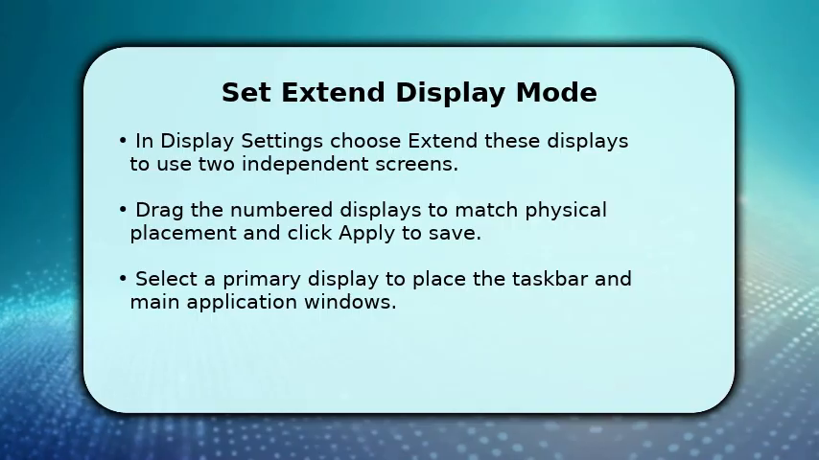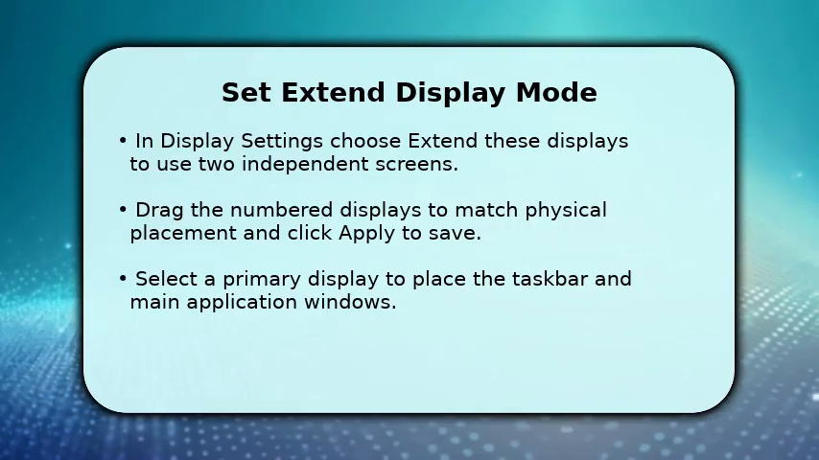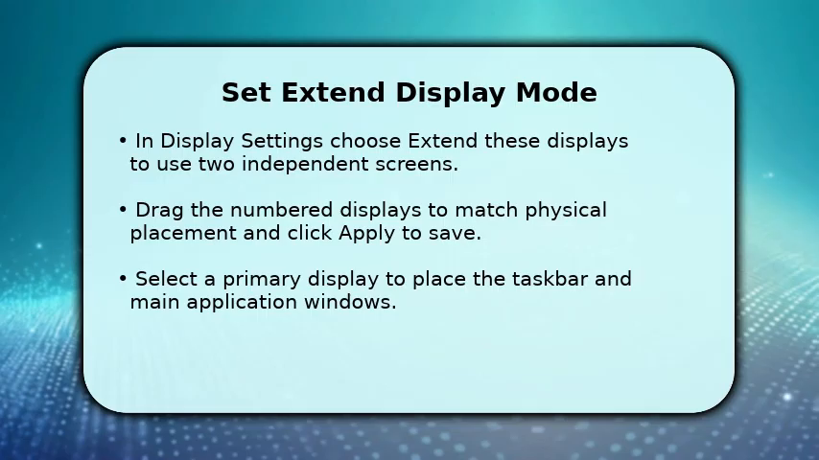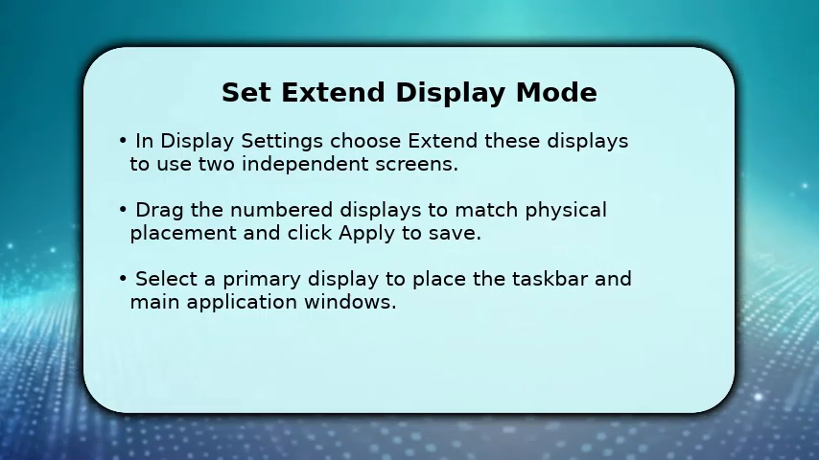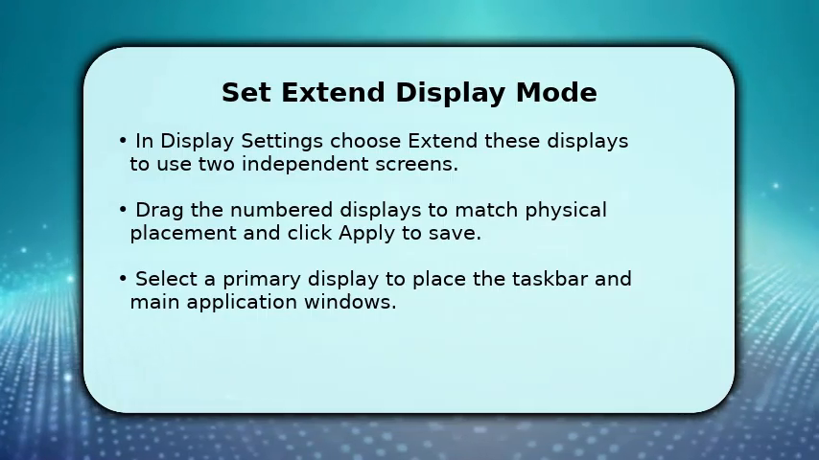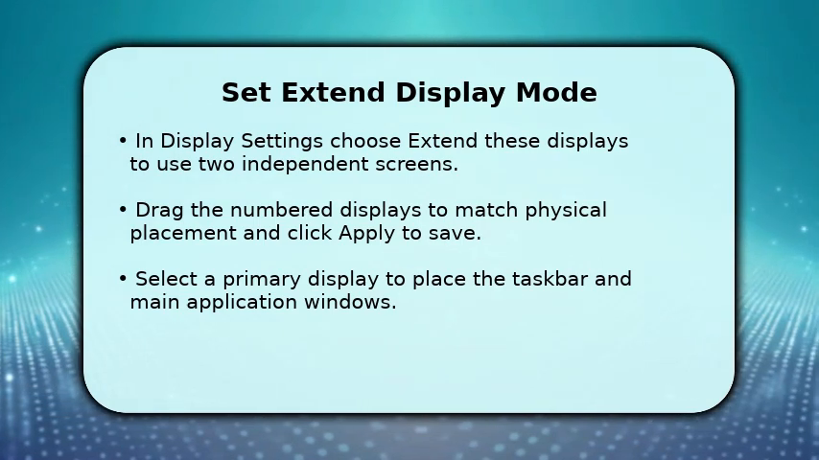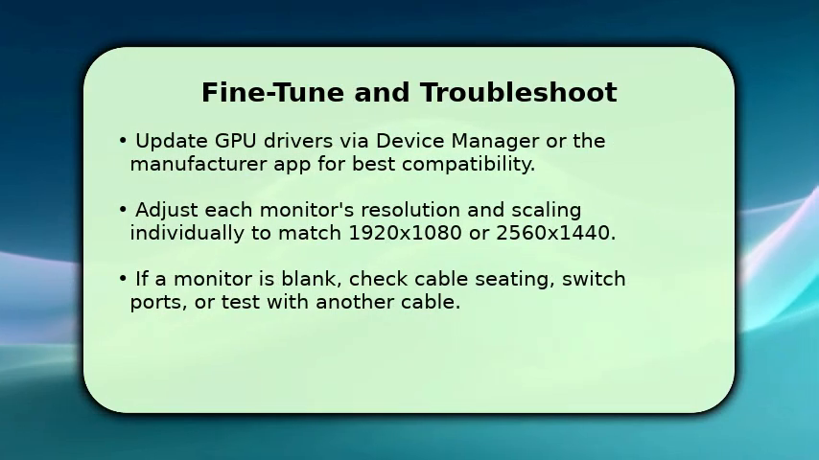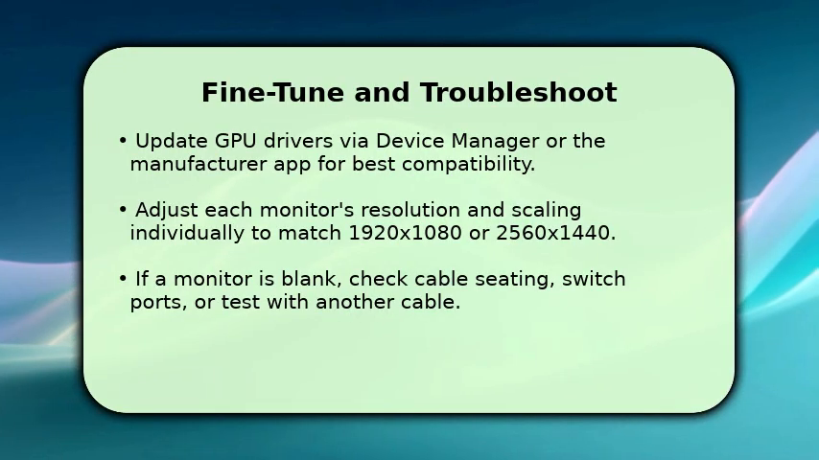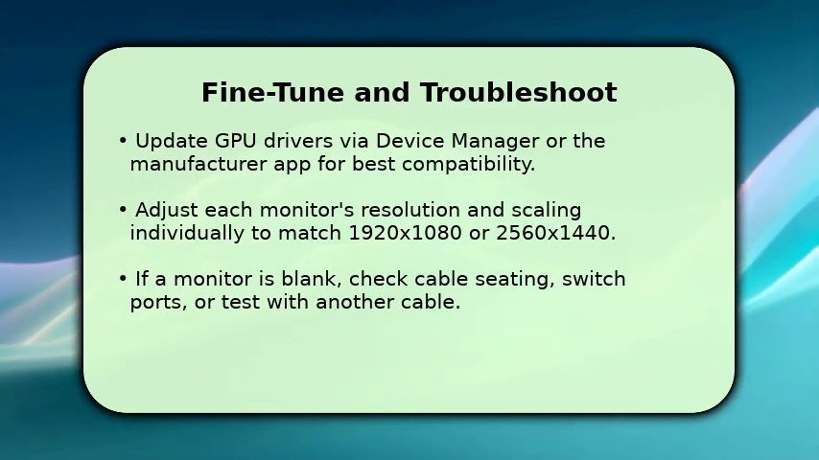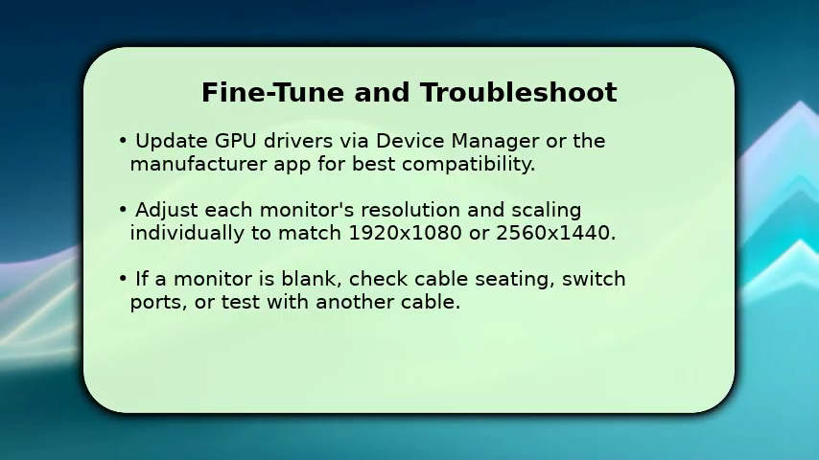1920x1080 at 60Hz. Select a primary display by clicking Set as Main Display for the taskbar and primary application windows. Close settings after confirming mouse movement flows between screens. If windows do not behave, update your GPU drivers through Device Manager or the manufacturer app. Adjust each monitor's resolution and scaling individually to match